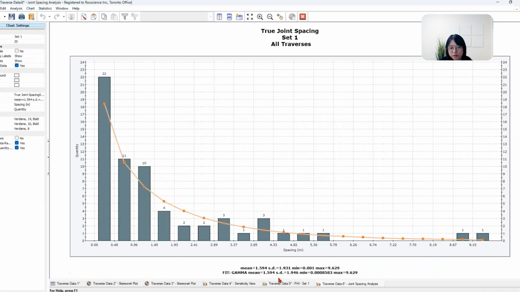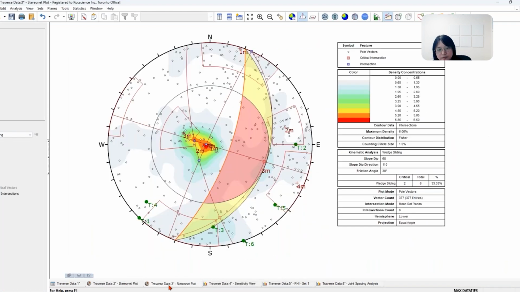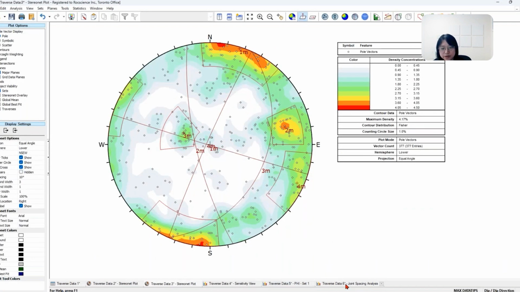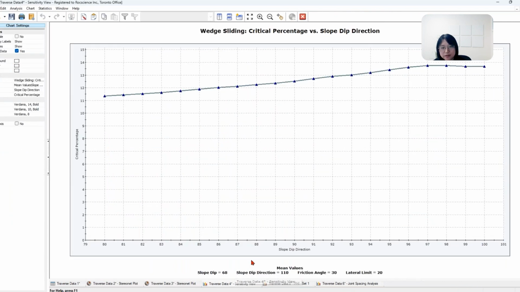So if you recall from the kinematic sensitivity analysis, which I'm trying to find right now, okay, we saw an increase in the critical percentages for wedge sliding as we're going south. So that's good. We're seeing similar results,